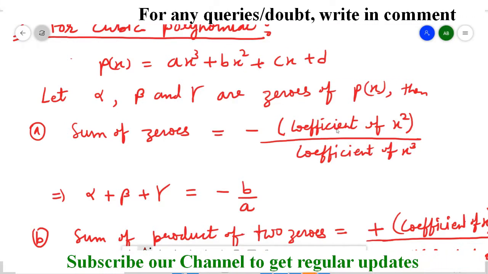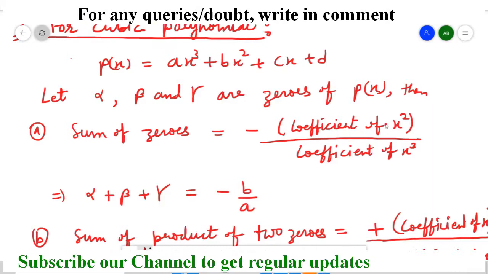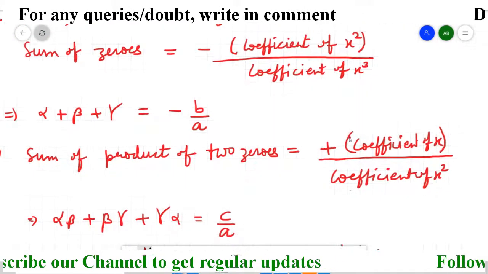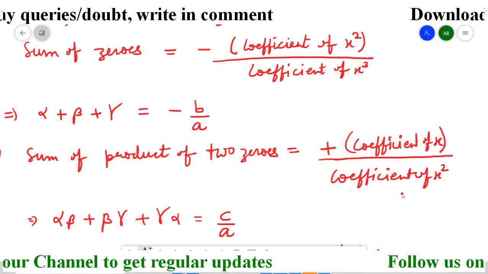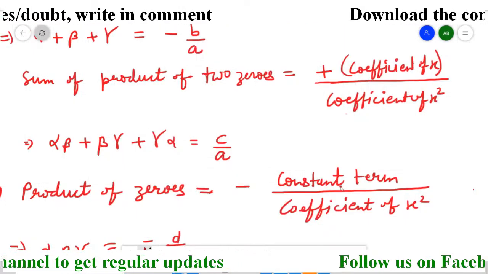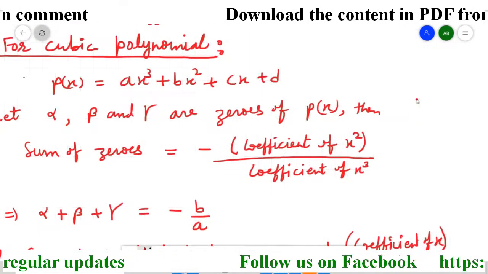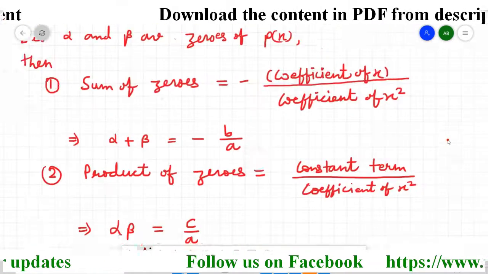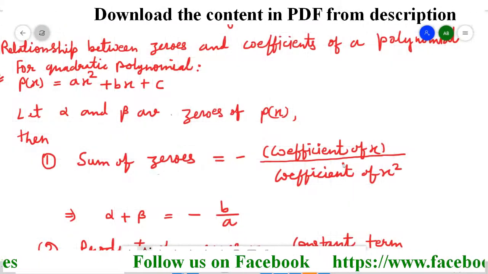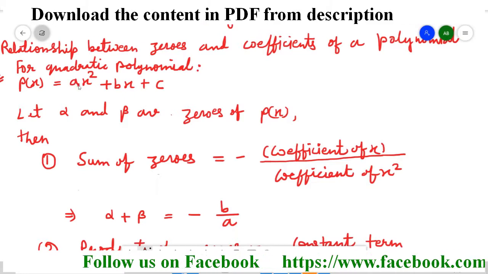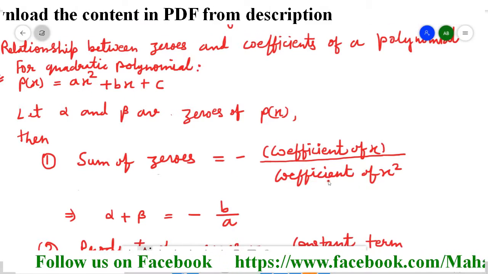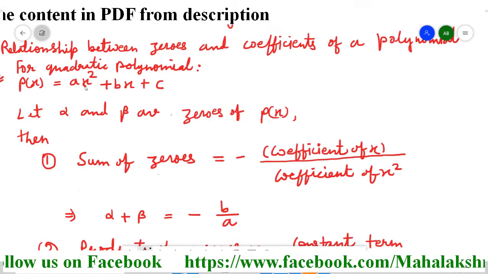After this first term, the next term is this one. So we will start with this: coefficient of x square. In the next relationship it is going to be the coefficient of x, and in the next relationship it is going to be the constant term. So they are in sequence. Just note this. In the quadratic polynomial also, I will show you, the x square coefficient appears in the denominator. So just leave it.